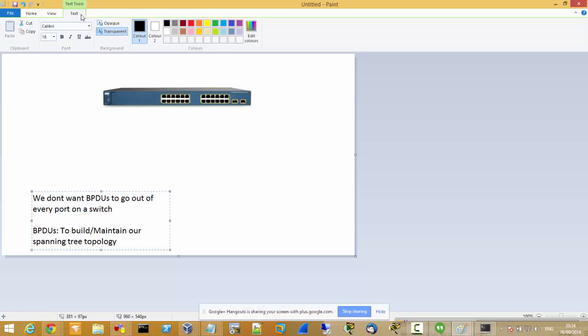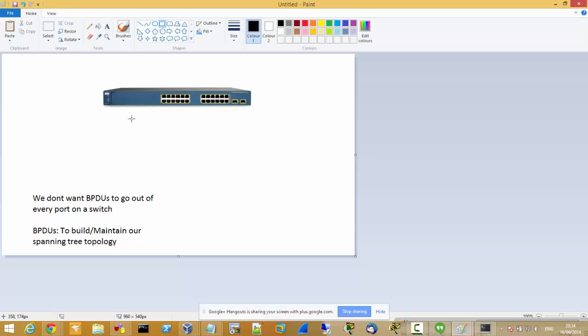So let's say we have a PC connected here. Is this PC that is connected to this port ever going to be a part of your spanning tree topology? No, never. It will never be a part of your spanning tree topology ever. So you definitely don't want it to be sending BPDUs out of this port